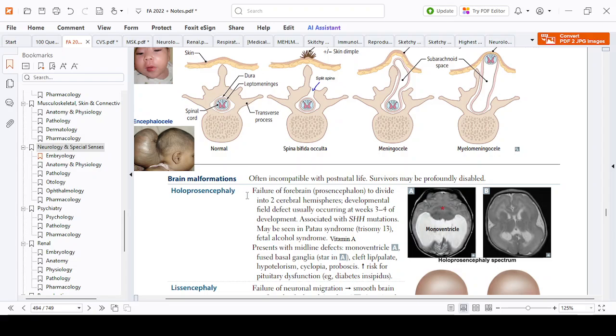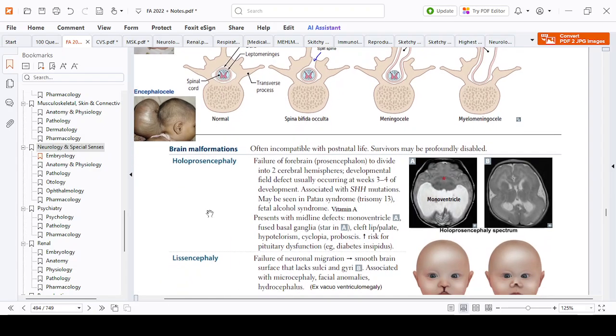First, holoprosencephaly is basically the failure of the forebrain, or the prosencephalon, to divide into the two cerebral hemispheres, and the developmental field defect usually occurs at weeks 3 to 4 of development. It's associated with the sonic Hedgehog mutation. May be seen in Patau syndrome, trisomy 13, fetal alcohol syndrome, and it presents with midline defects, monoventricle, fused basal ganglia, and